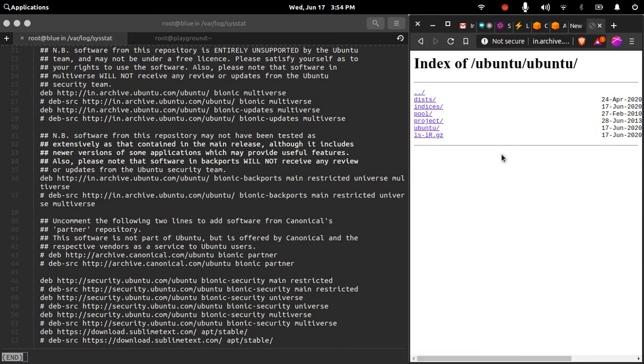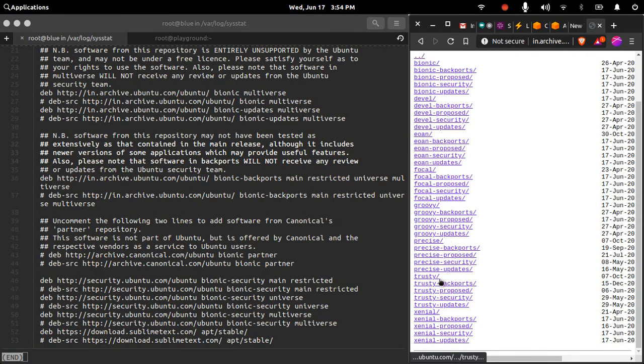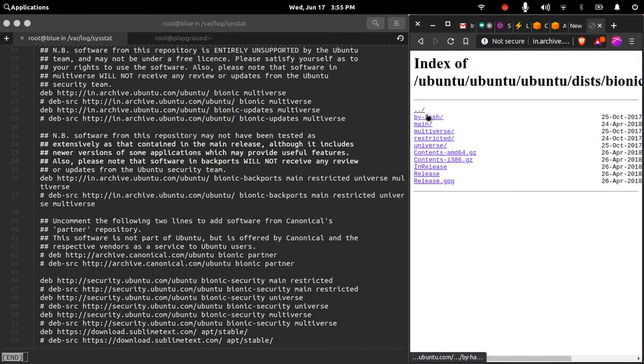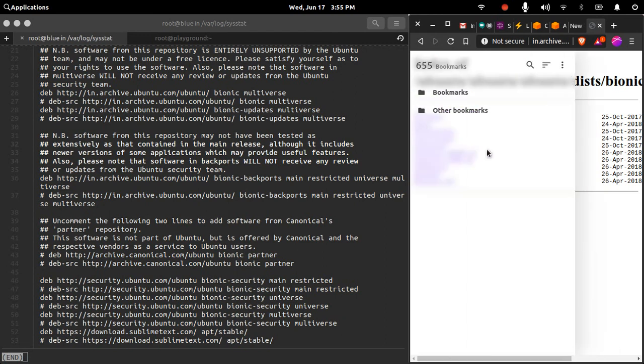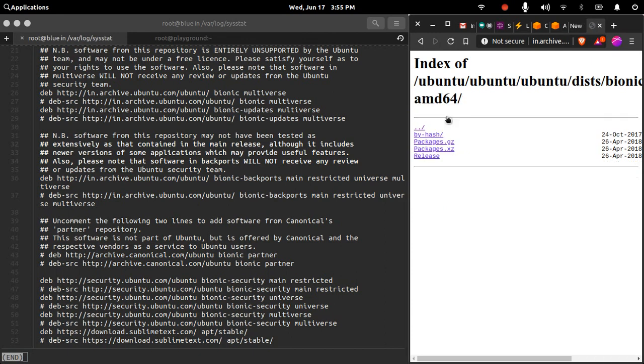Packages related to all the different Ubuntu distributions are stored here. These are the different distributions available. In those distributions you will have repositories, like the main repository and the universe repository, and inside each repository you will have your system architecture, such as 64-bit, and then packages.